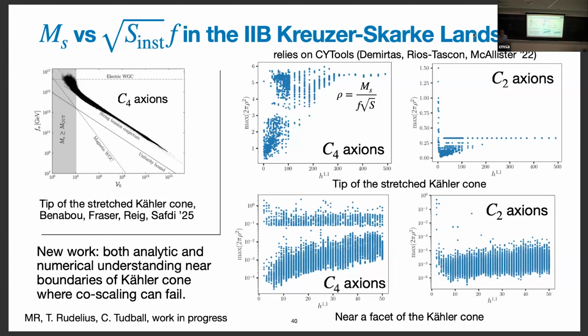So, are there multiple axions that you find from a single? Axions in most of these. So I don't know if you can see the scale, but this horizontal axis is H11, so it's some Hodge number, and it's order 100 in these examples, and so there are like 100 axions in these different examples, and all of them obey the bound.